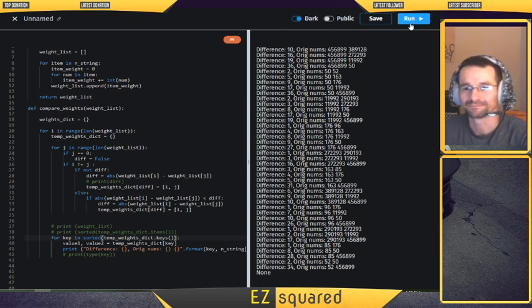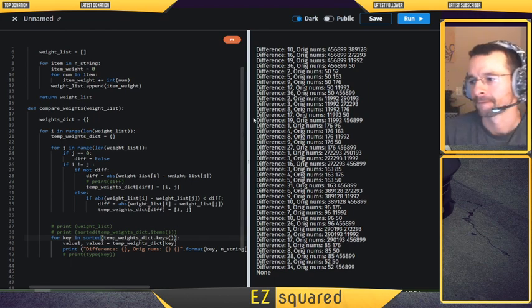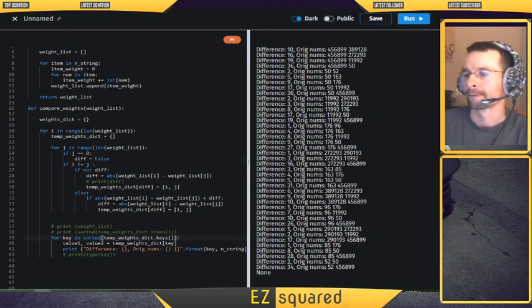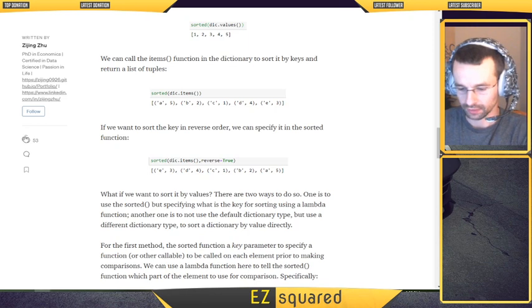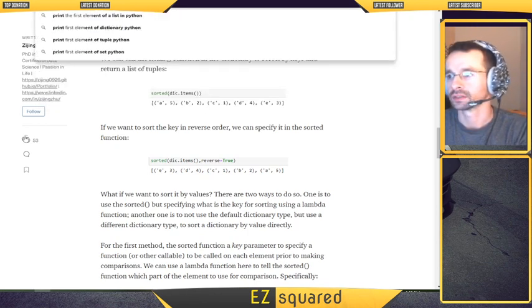We figured it out. Now I can sort it. And now I just want to print the very first one. Let's look that up. Printing the first element